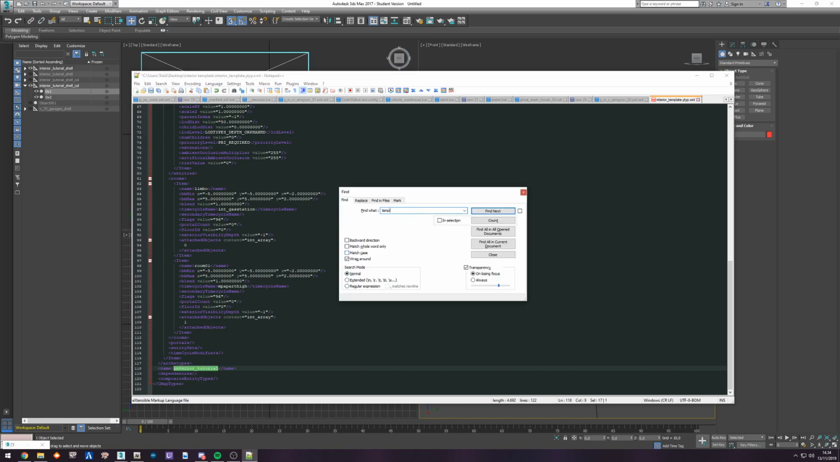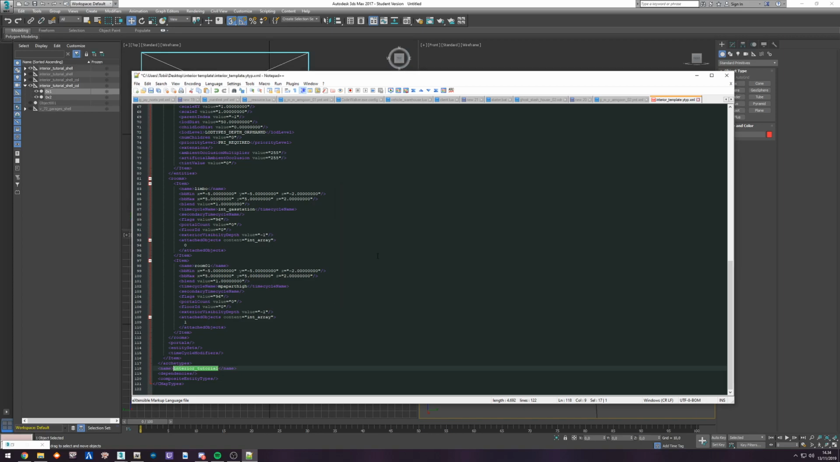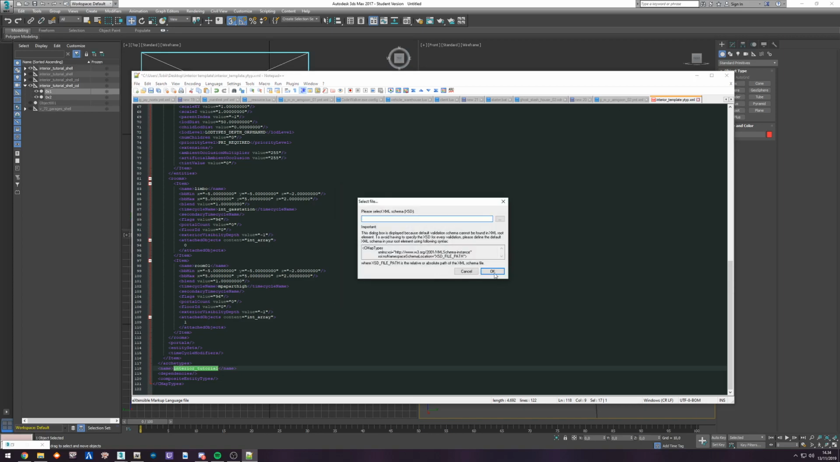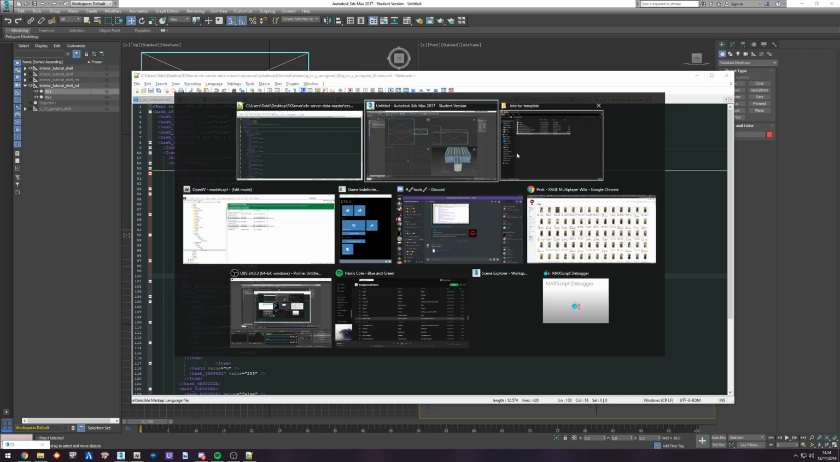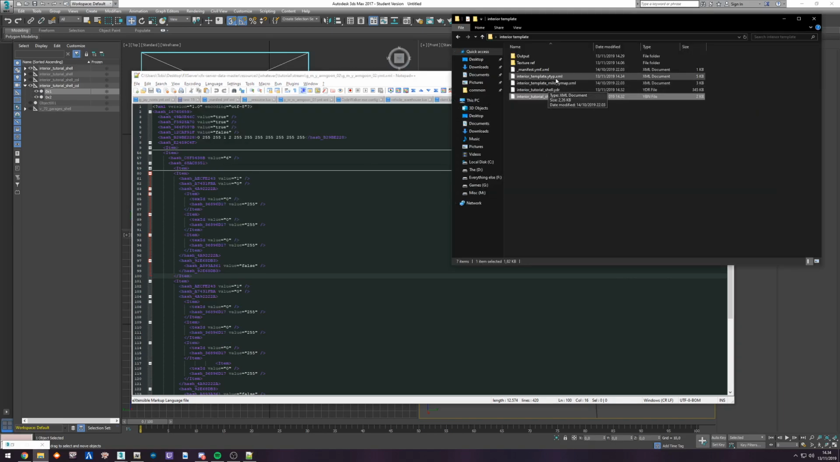And we might as well just search for template just to make sure we haven't left anything out. Nope. So we're going to save this one, interior type template, Y type. And we're going to rename the Y type to interior tutorial. Obviously, rename it to whatever you want. Just make sure you have everything named correctly. Then we're going to go to the Y map,